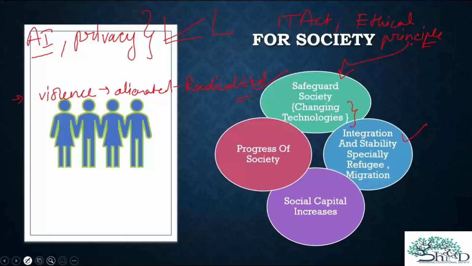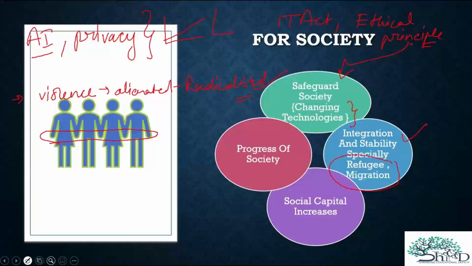So if we have a stable society, a society where people are standing together, holding hands, I realize that this will not happen very soon, or this might not happen everywhere, or with every person. But overall, if the majority of people are working together, they will be able to understand the problems of others, right? So if the society is integrated, if the society has some stability, such incidents will reduce.